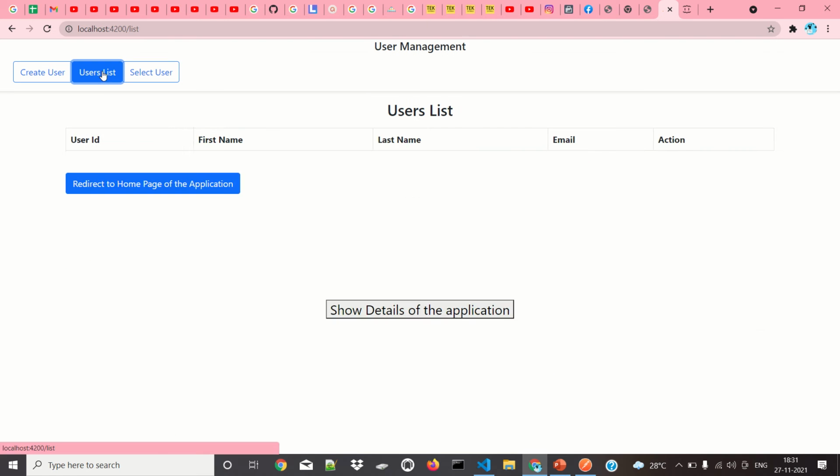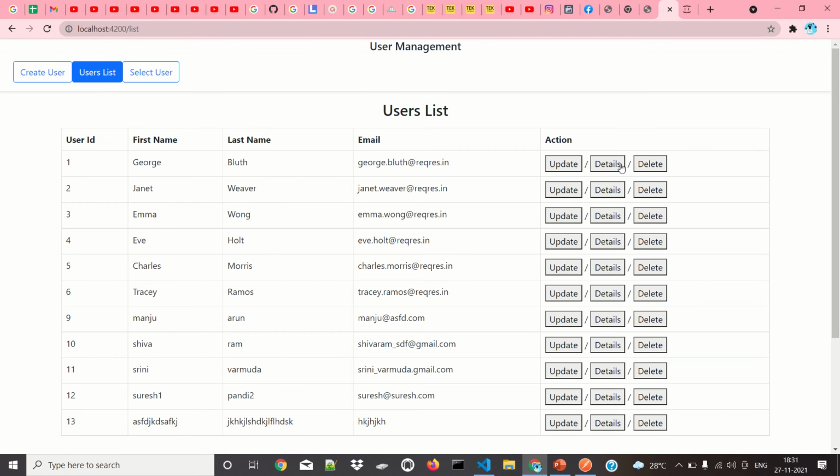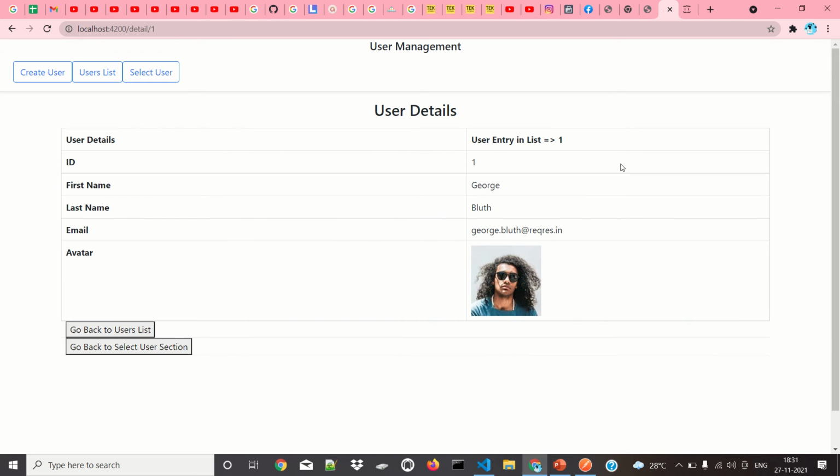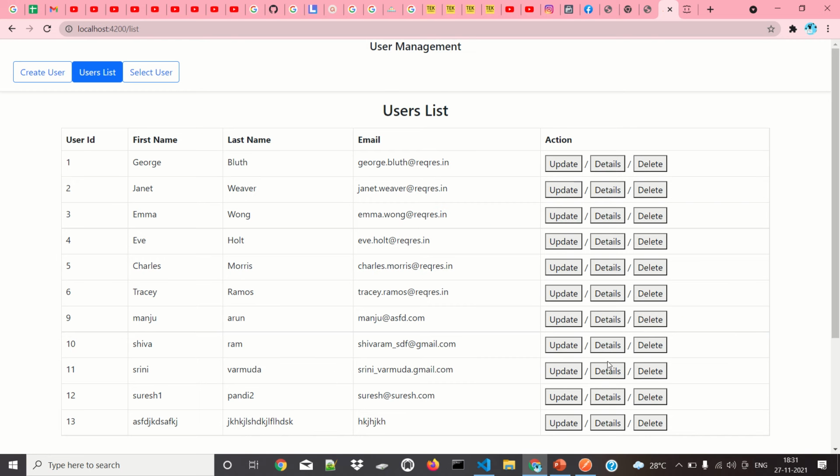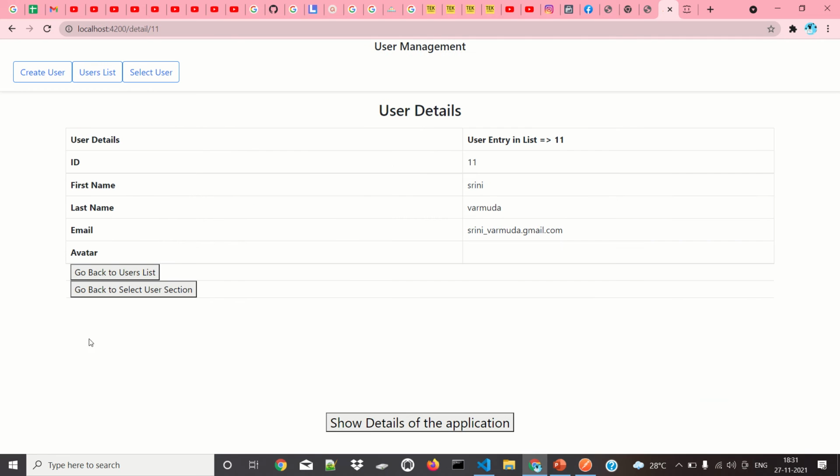Then inside this user ID we go to the details, and then back to user list. For these things we don't have the author, as I already told you.